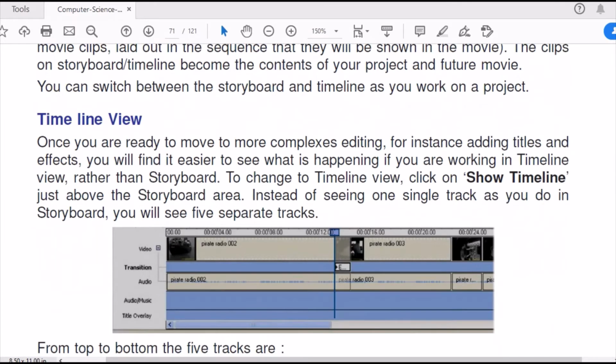For instance, when you choose timeline view, you click on show timeline and you will have these options for editing: videos, transitions, effects, audio files, an extra audio file or music, background music, or title overlay. What kind of title should be there?